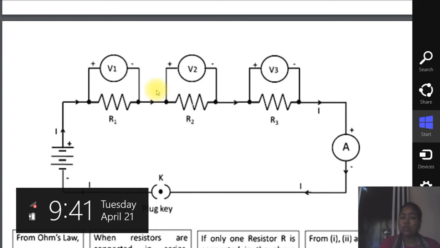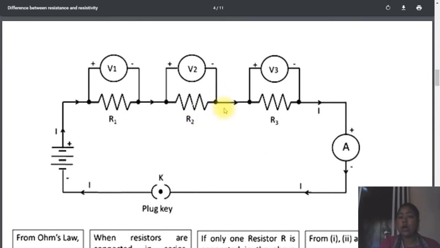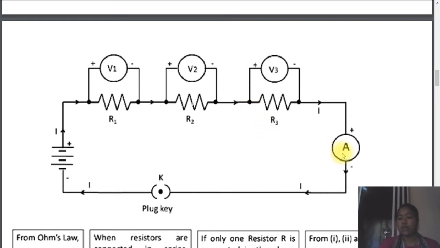This is the second step. After that we open the circuit. Then in the third step we connect this ammeter between R2 and R3. Again we close the circuit, and we calculate the amount of current flowing through the circuit. The current through the ammeter connected between R2 and R3 is the same as before, that is 5 ampere.